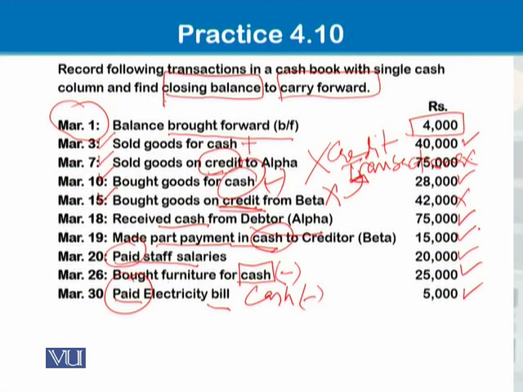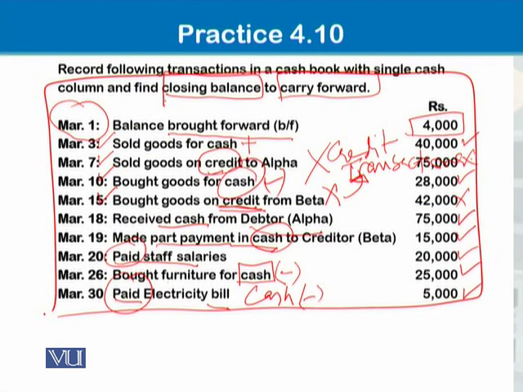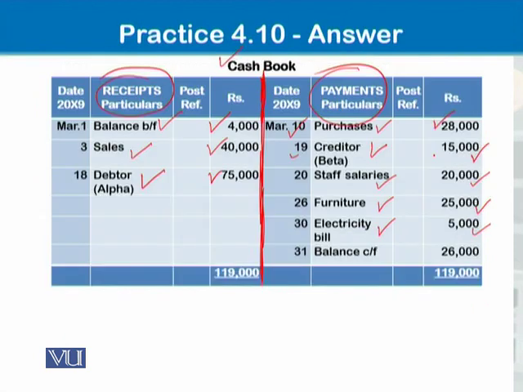So we are done with all the transactions. There were 2 credit transactions that we did not entertain in the cash book. The rest of the transactions we have recorded in the cash book. Now the final step of the cash book is balancing. What we do, we make a total of all the receipts. The total of all the receipts is 119,000. And we subtract all payments from this